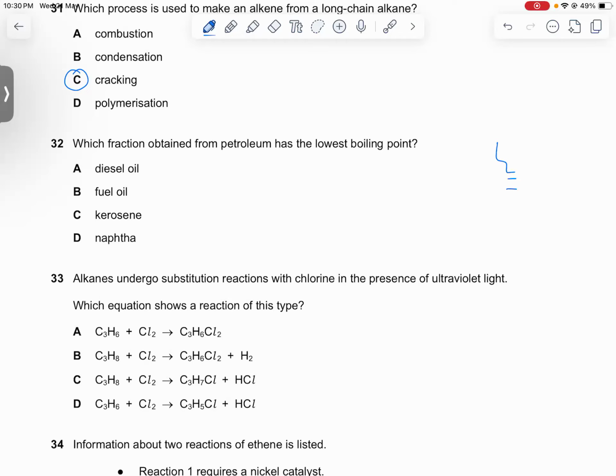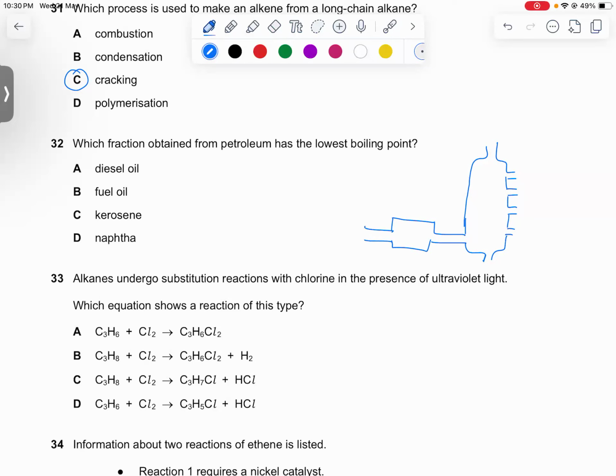If you remember the fractionating column that we had drawn, it kind of looked like this. I forgot to draw the entrance, and it is coming from what we call a furnace. In the lower part, we have bitumen coming out. Then the next thing we have is diesel. Then after diesel, we have ship oil or fuel oil.